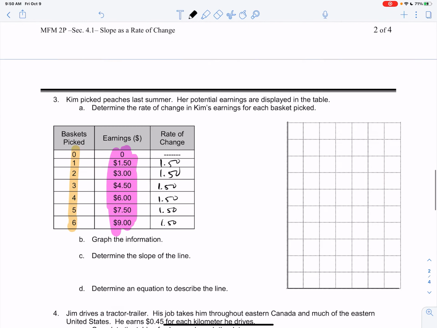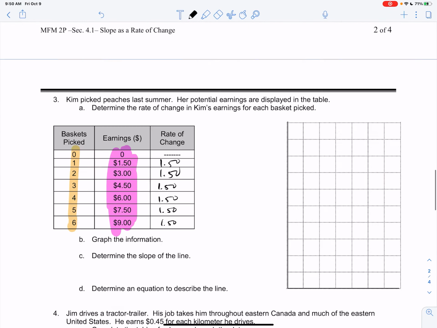And the reason for that is that your step actually isn't per kilometer, it's per 100 kilometers. You'll notice here, the rate of change I'm finding is $45 per 100 kilometers, which is equivalent to